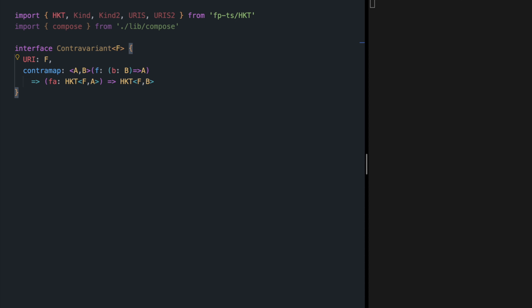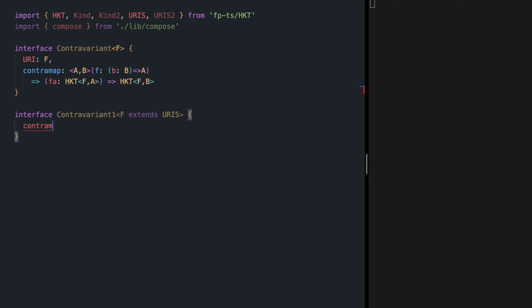Because of the way we model type classes in TypeScript, we need to define separate interfaces for each kind of our structures. So let's do that. Interface Contravariant1 for structures of exactly kind 1. We enforce that by extending F from URIS, meaning structures that have exactly one type parameter.